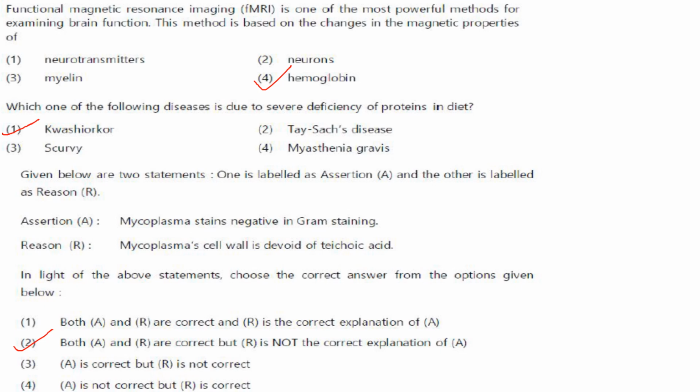Then next one. Given below are two statements. One is assertion, other is reason. Assertion: Mycoplasma stains negative in Gram staining. Yes, that's correct. Reason: Mycoplasma cell wall is devoid of teichoic acid. Mycoplasma doesn't have a cell wall. They lack cell wall containing peptidoglycan and all. So A is correct but R is not correct. And the answer is